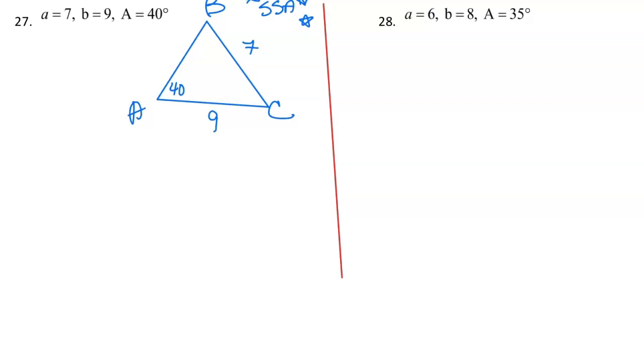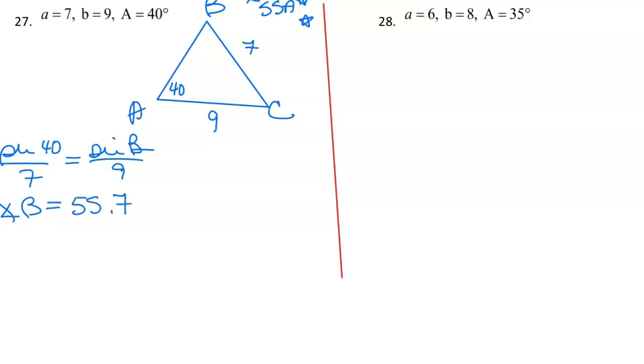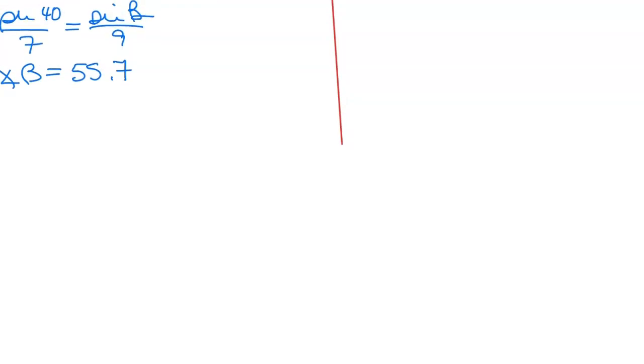So I'm going to try to find sine of B, and thereby get angle B. So I'm going to say sine of 40 over 7 equals sine of B over 9. Do your cross product, set it up, and I'm getting angle B equals 55.7. Okay, so now the question is,